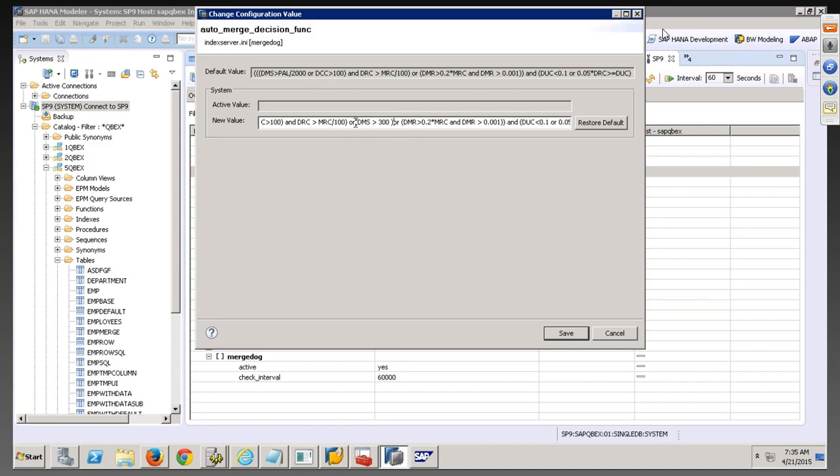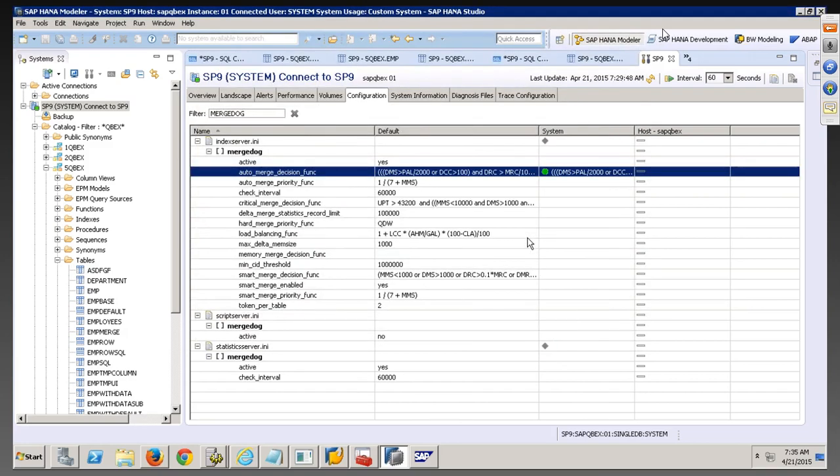So I've given it as DMS, which means delta memory size. So if delta memory size is greater than 300, it has triggered this. Okay. So now